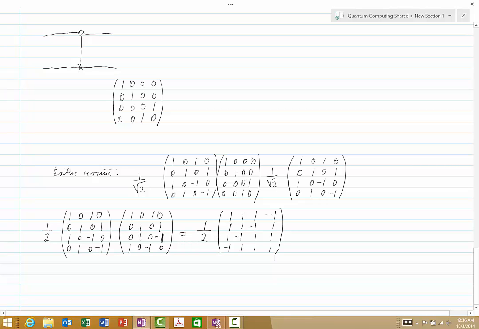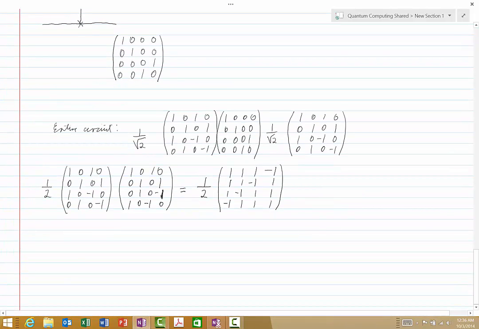And now we can see, of course, the first column, and don't forget this factor of 1/2, but the first column multiplied by 1/2 would be the image of the 0, 0 cat. This would be the image of the 0, 1 cat. This would be the image of the 1, 0 cat. This would be the image of the 1, 1 cat. And so we see that this circuit